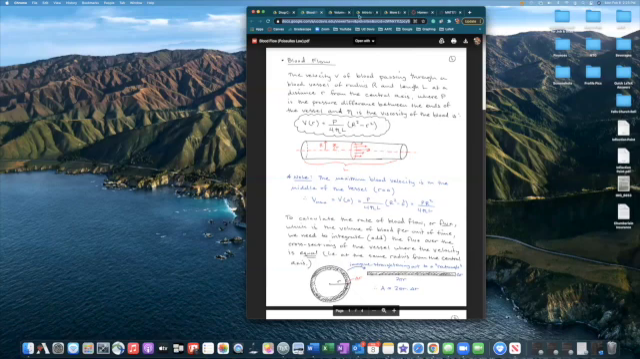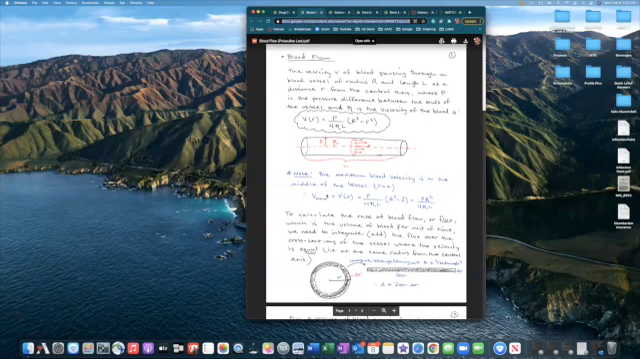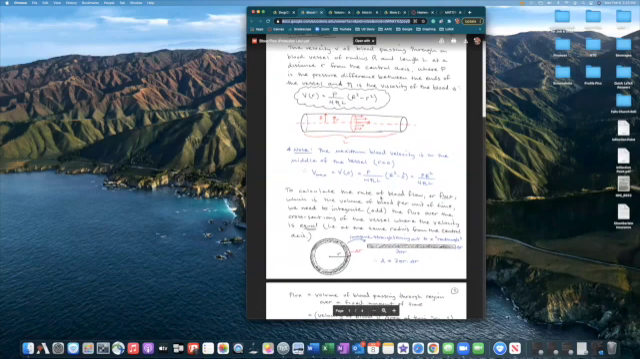Let me look there. In fact, that is noted down here. The maximum blood velocity is in the middle of the vessel. Great. So now let's scroll down a little. To calculate the rate of blood flow, or flux, which is the volume of blood per unit of time, we